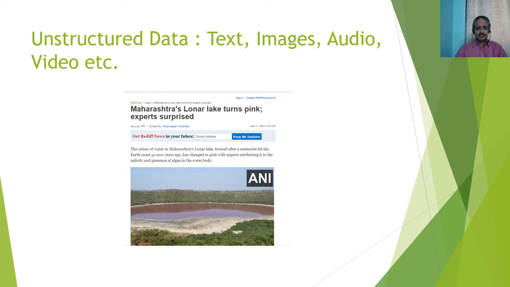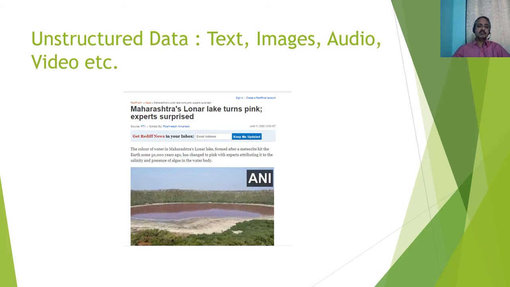Below the text you can see an image, and you want to extract similar images from the Google database, the health database, or a particular marketing database. You cannot write select star from so-and-so, because that is not a SQL query. How can you extract this?